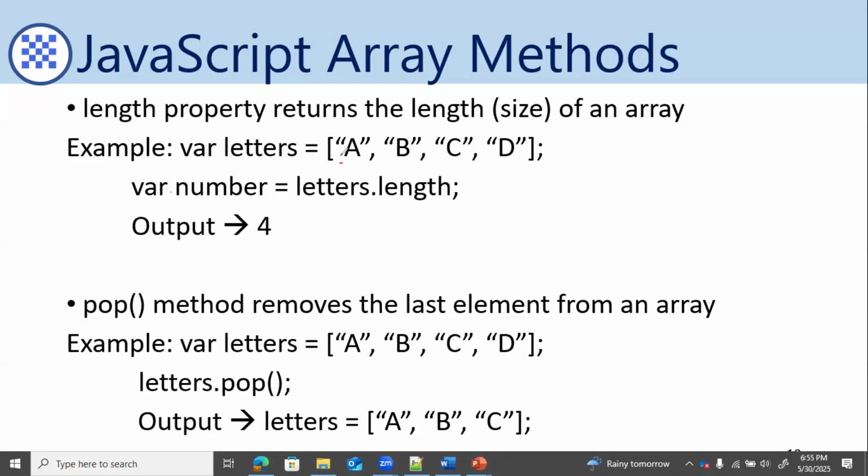If this is an example, you can see there are 4 elements. But if you want to find out how many elements are there in an array, you can use the array name and then the length, right? So for example, if we quickly execute it and see,